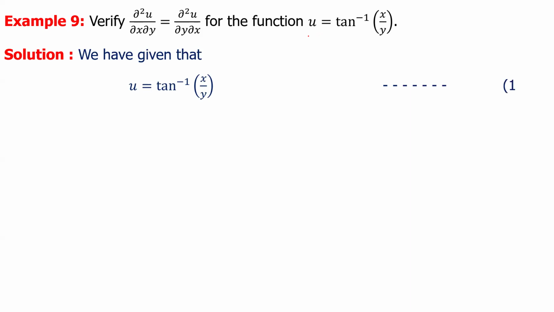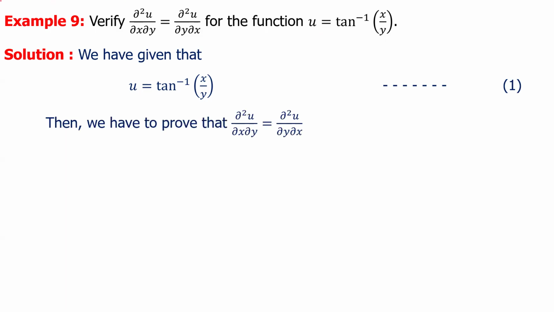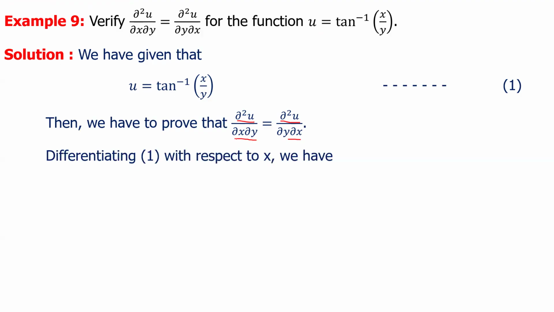For this function, we will try to find the partial derivative of u with respect to x and y, then the partial derivative of u with respect to y and x. So we have to prove that the second order partial derivative of u with respect to x and y equals the second order partial derivative of u with respect to y and x. So differentiating u partially with respect to x, we have